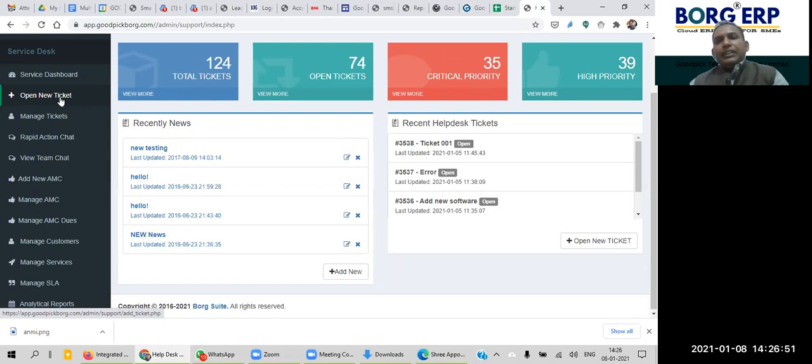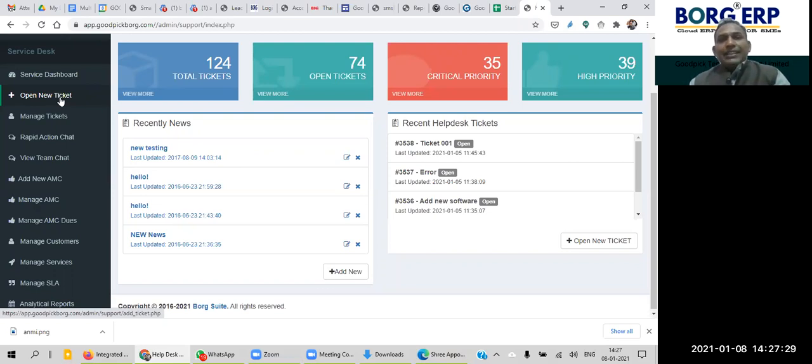Second option, because every organization has different kinds of customers, some of them may or may not be interested in operating your service desk. Maybe they think they don't have time, or they are not that tech savvy. So there may be various reasons, in fact valid reasons. In that case, the product also supports those kinds of customers and allows the organization's support team to open a ticket on behalf of that customer.